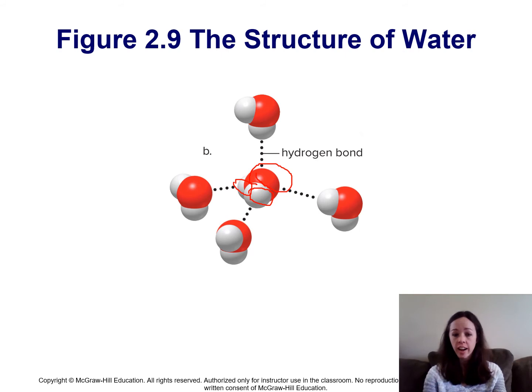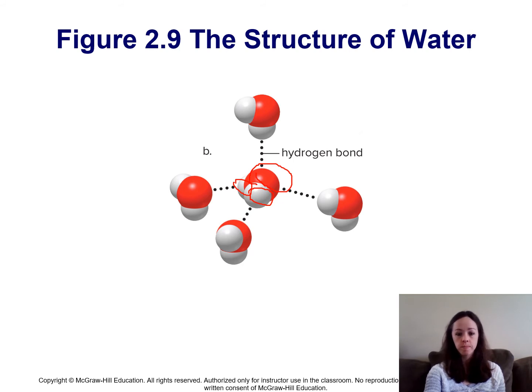And just like in an ionic bond, those two different charges will be attracted to each other, forming this weak bond here called a hydrogen bond. And again, causing water to have different properties that make it really important within